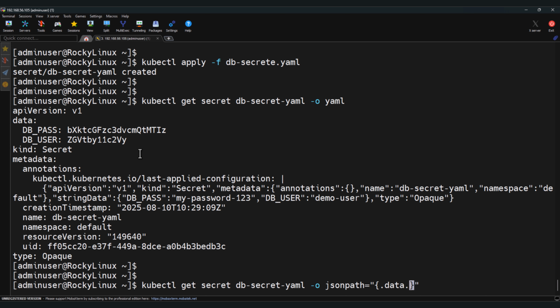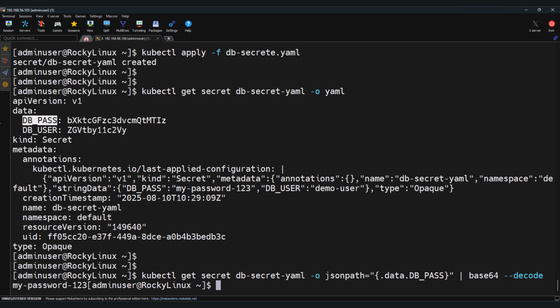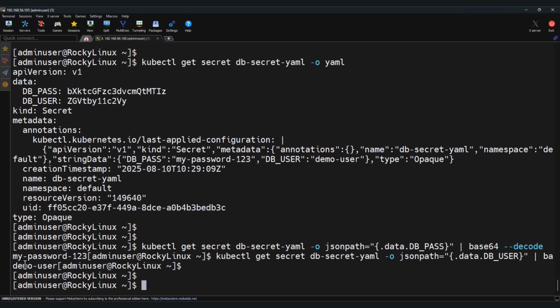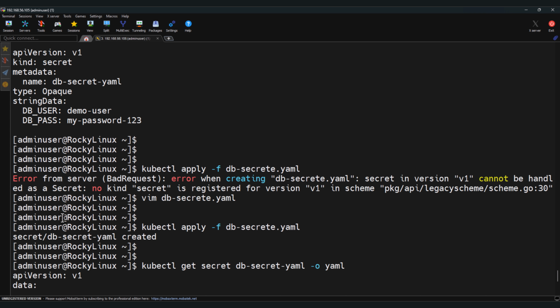.data give db pass and then base64 decode. My password -123. Similarly, check the username. So you received the expected output, user demo and the password. This is what we have added here